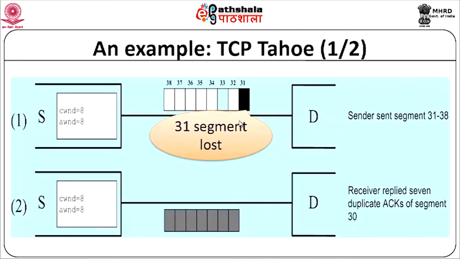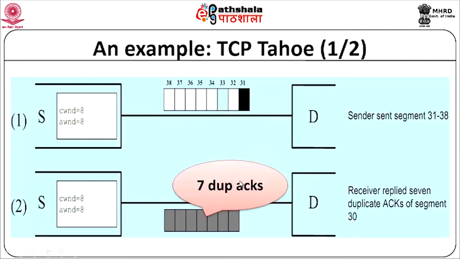Now, I will just take an example of what exactly takes place when TCP Tahoe is in action. Let us look at this situation where I have, for instance, a set of 8 packets being transmitted. Let us assume that our congestion window size is 8. I am transmitting packets 31 to 38, but packet 31, let us say, is lost. If packet 31 is lost, there will be 7 duplicate acknowledgements received, because for every packet after that, 32 to 38, an acknowledgement will be sent, and they will all be acknowledging packet number 30, saying they have received up to 30 and are waiting for packet number 31. So, you get 7 duplicate acks all asking for packet number 31.